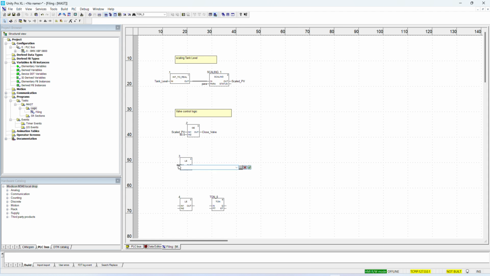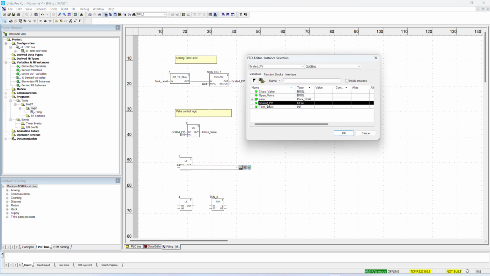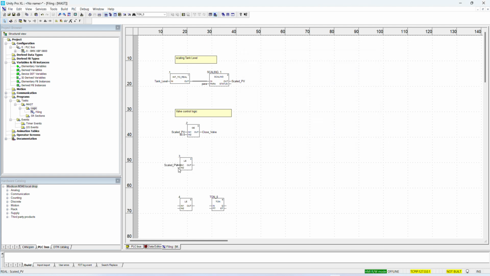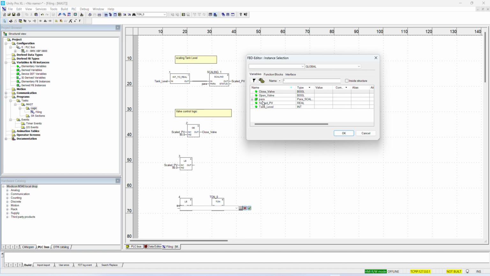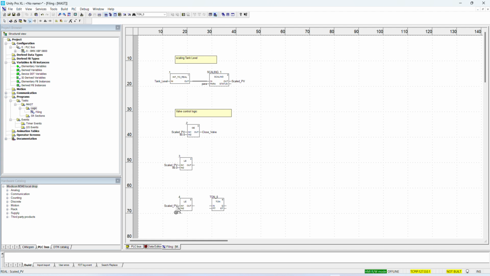So now here we're gonna have the scaled PV, and then it is less or equal to 80. Right, and then here we're still gonna have that scaled PV, but now we're dealing with it when it's at 20, and then just delay this one when it's at 20, and then